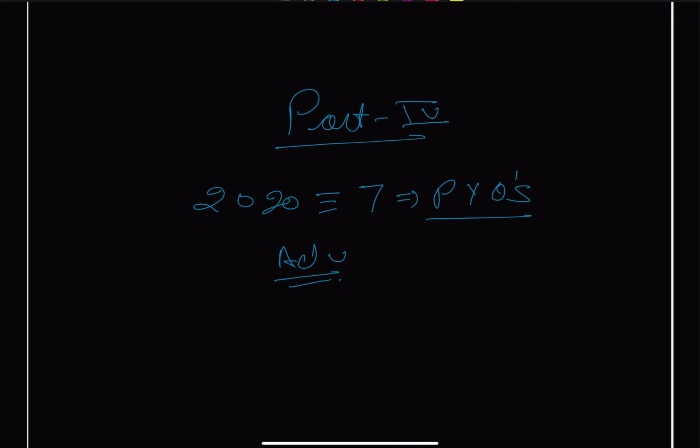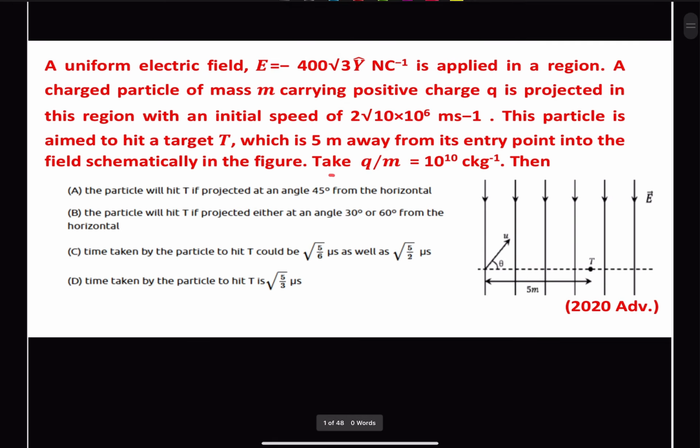In the first 3 parts we solved for the year 2020, but the questions were only from the mains one. So this is the final part with 7 questions, and all questions are from the advance. So the first question: